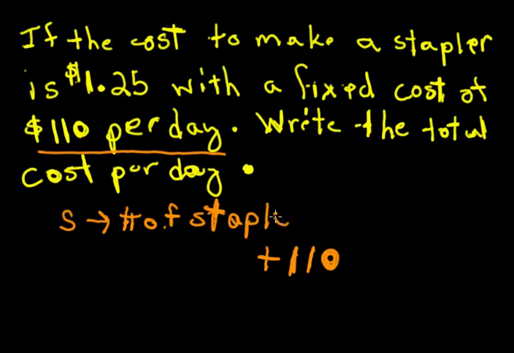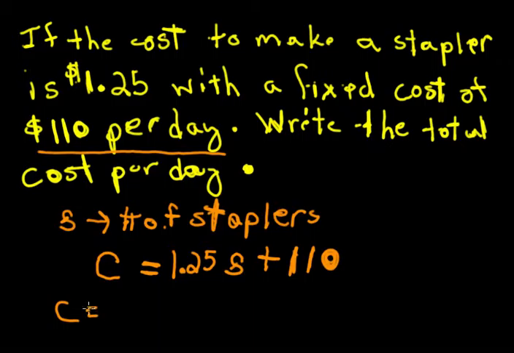So 1.25 times S. So if I multiply $1.25 per every stapler I made, plus the 110 fixed daily cost, I get my total cost. And so we'll say C equals